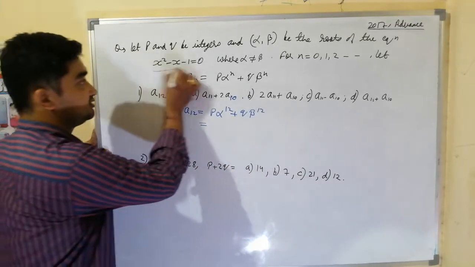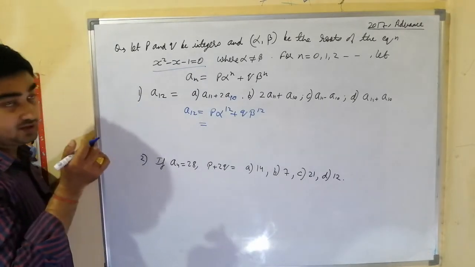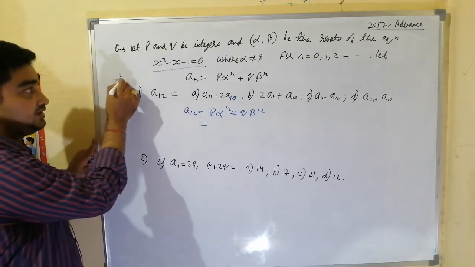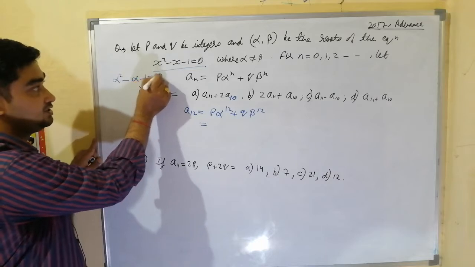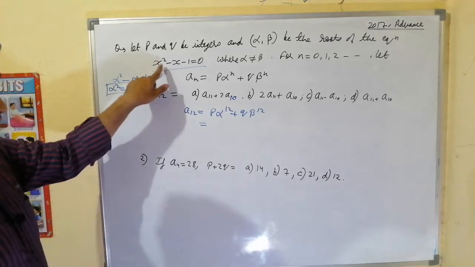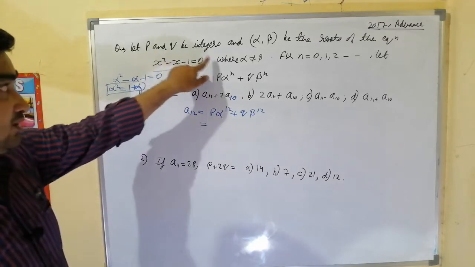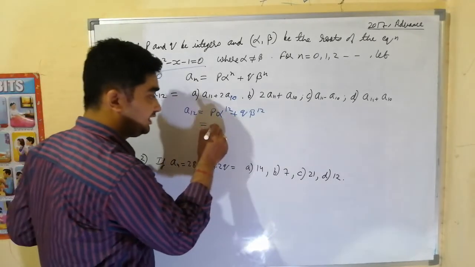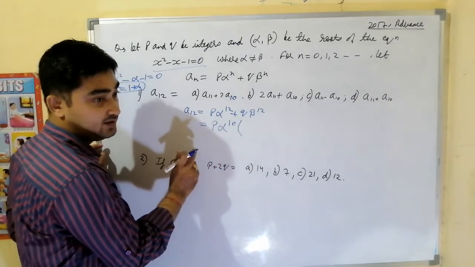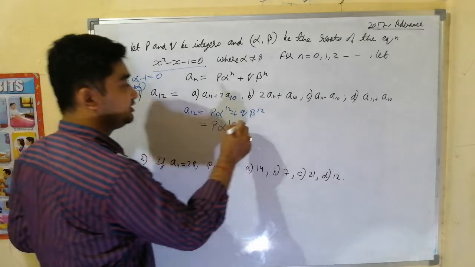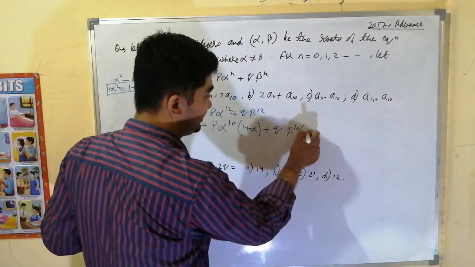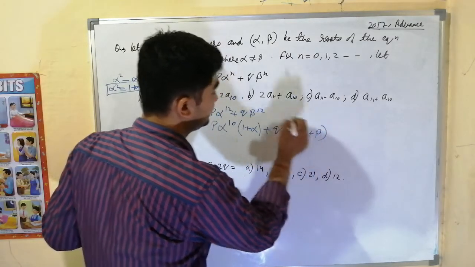The roots of the given equation are alpha and beta, so alpha and beta will satisfy this equation. So let us put x equal to alpha. We'll have alpha square minus alpha minus 1 is 0, or we can say alpha square is 1 plus alpha. Because alpha is a root of this, we can write alpha square is 1 plus alpha. So alpha 12 is alpha power 10 into alpha power 2, and alpha power 2 can be written as 1 plus alpha. Similarly, beta power 10 we can write separately and beta square we can write as 1 plus beta.